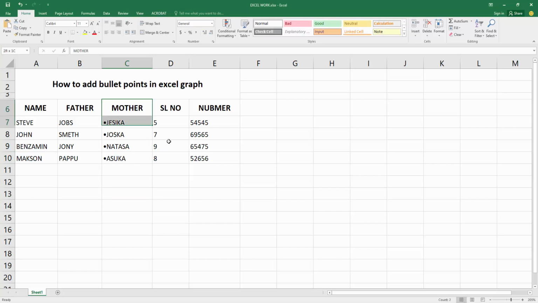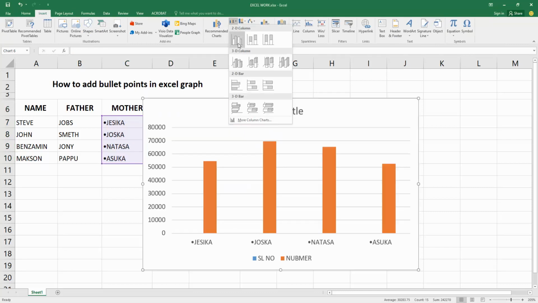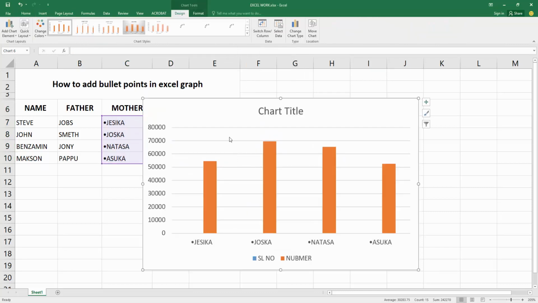Then select your data. Now I am select the data, click and drag on our mouse, go to the insert menu, select the chart drop down menu, choose the column chart. Then we can see here the horizontal axis, and we can see here automatically added the bullet point into this